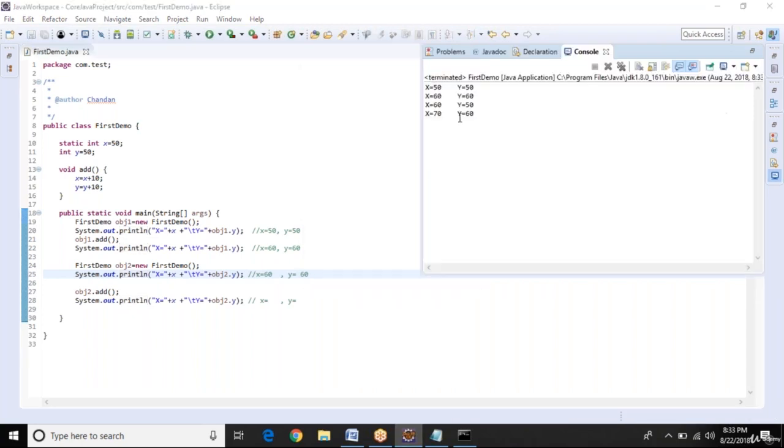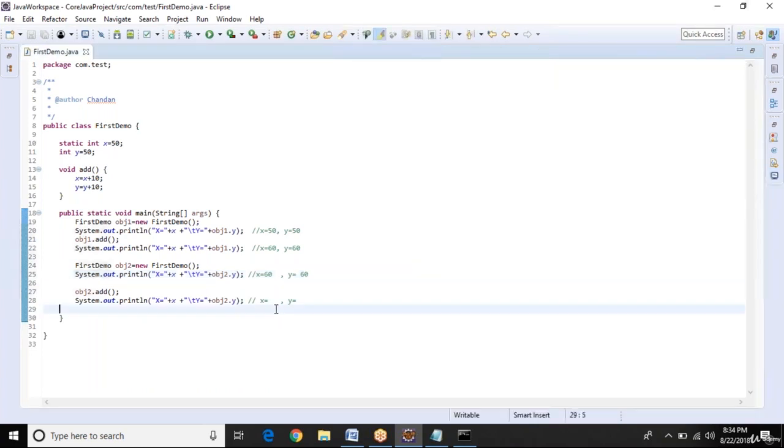You can see here, first time we have 50 and 50, then 60 and 60 with this student. Now when we have created object 2 and printed the same line, we get the x value equal to 60, but the y value is 50. The y value is again initialized with the default value, and the default value here is 50.